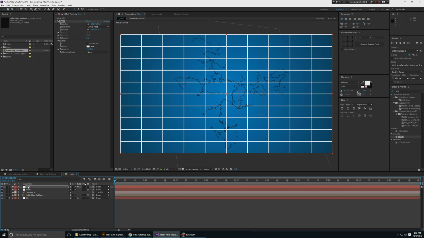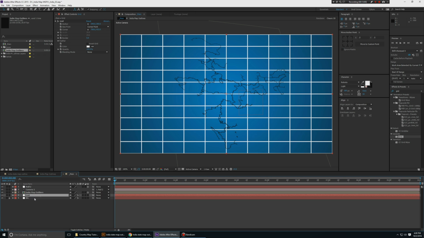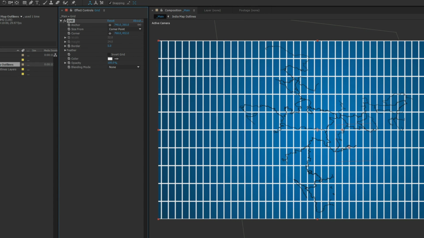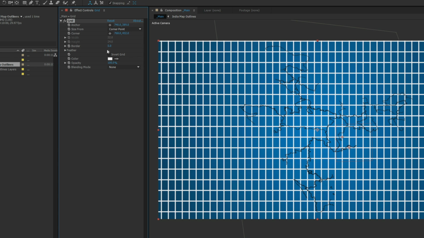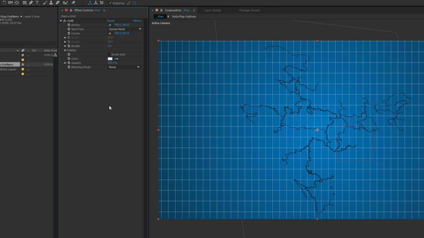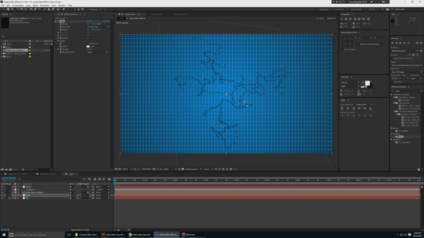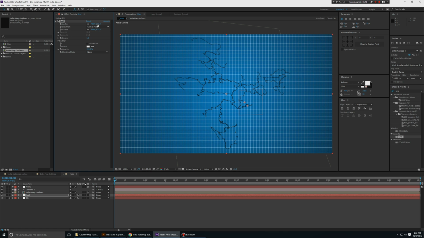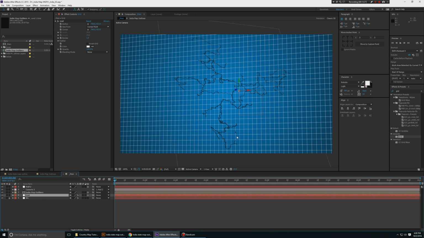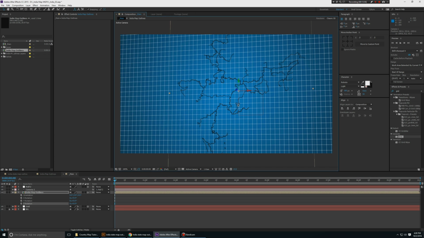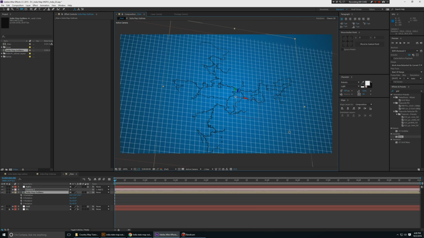apply it to the layer, bring this down, and we need smaller grids. So what I'll do is I'll drag this anchor point closer like this and like this, and I'll decrease the border to 1, so you're getting a very nice fine detailed sort of thing. And if you want smaller cubes or smaller circles, then just bring them closer, and I think that should be good. I'm gonna change this into a 3D layer as well, so it's rotating along with my camera, and I'm gonna remove all the rotation that I applied onto the layer. I think it's best if we rotate it with the camera, so push it off like so,